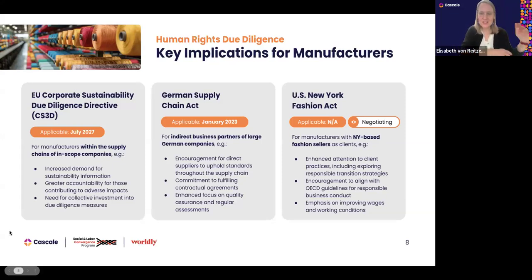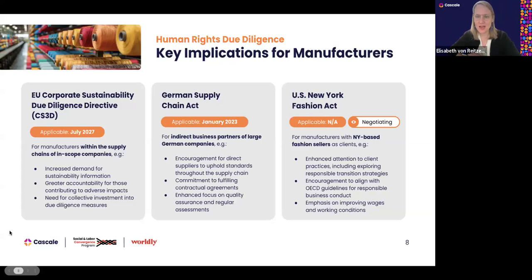However, as a side note here, in the current political climate, as we witness it in Germany these days, it might be that this act might not actually survive the end of the year, because the EU CSRD will also, of course, apply in Germany as one of the member states of the European Union. So this is a footnote on the German Act.